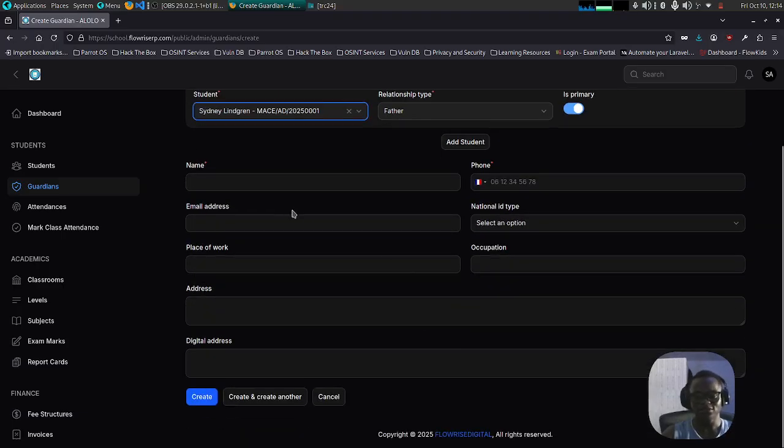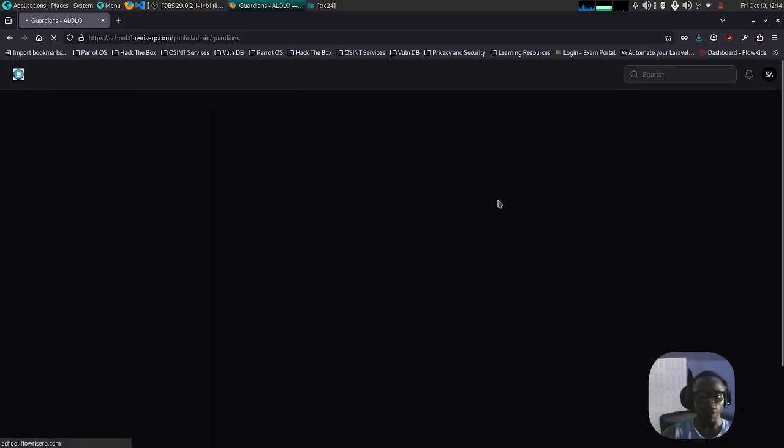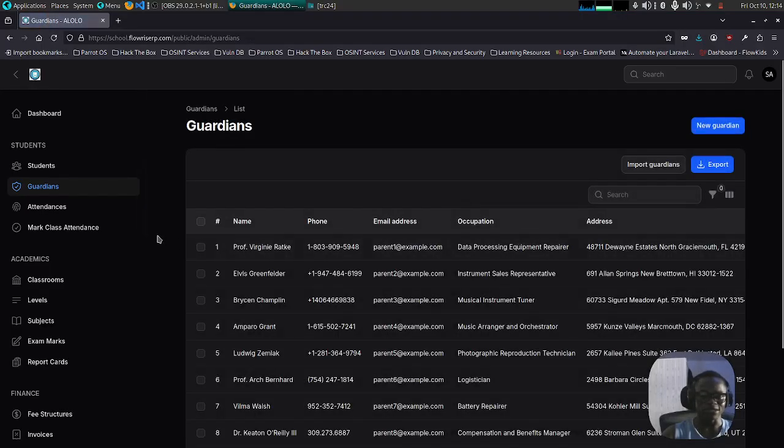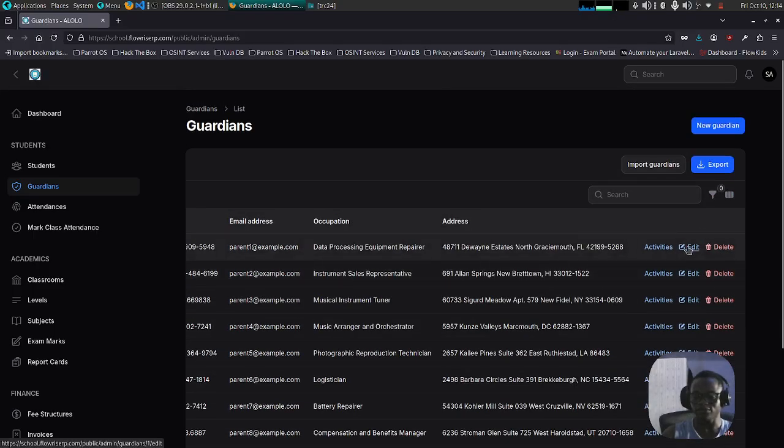Basically, you add as many students to that particular guardian as you want, and then it will be automatically handled by the system. Now you should note that when you are adding guardians, we are sending messages. Guardians who are primary are the ones that we actually send the messages to. So if I check here,